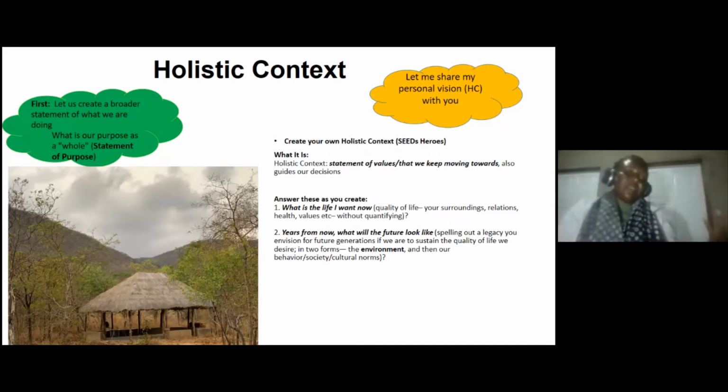So for example, if we are to sustain a life of peace, we have to be people of integrity, people of their word, people who are trustworthy. That's an example. And then for the environment, you want to live in an environment that is clean, with ethically built buildings, lush, green, flowing rivers with lots of life. And you understand that you are the ones to make that happen, and that's what you want to leave for the future generations.